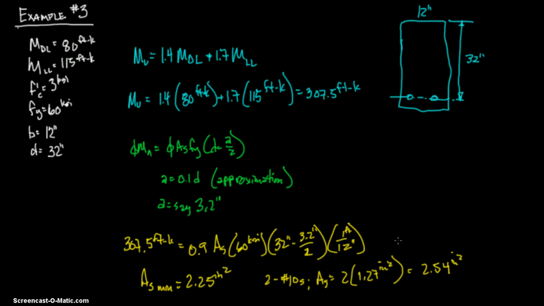You could also go in and use 3. Let me think. You could use 3 number 7s. So 3 times 0.6 equals, no, that wouldn't work. You could use 4 number 7s. 4 times 0.6 equals 2.4. And there's a lot of different ways you can do this. Let's see if they justify why they chose to do 2 number 10s. And it says select the reinforcing steel from, okay, it doesn't give a reason why they chose 2 number 10s,